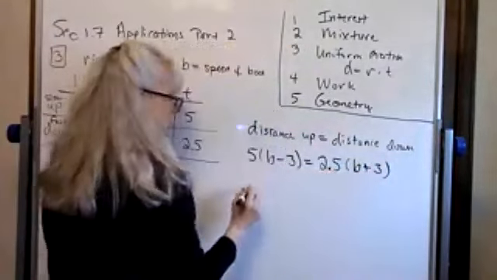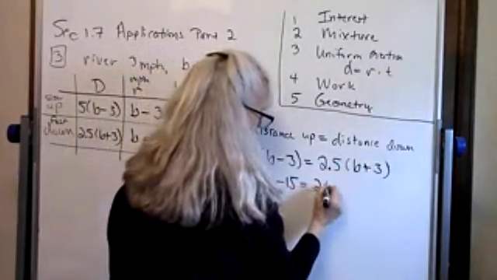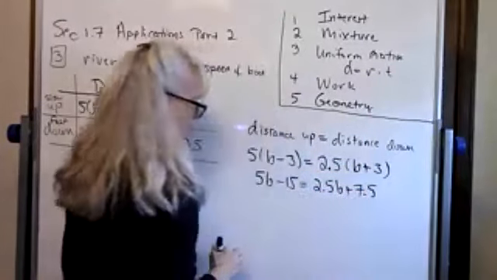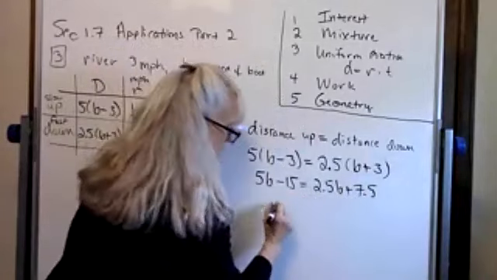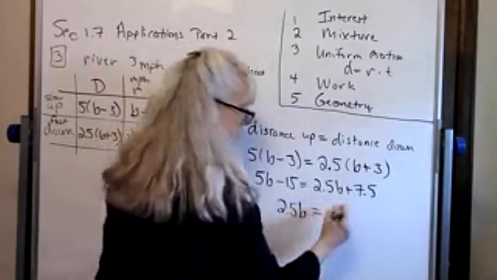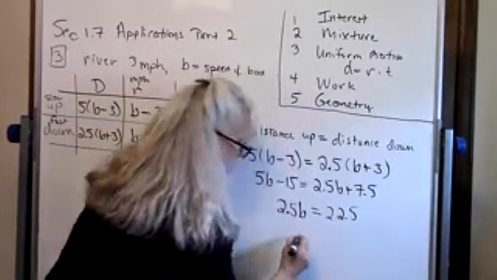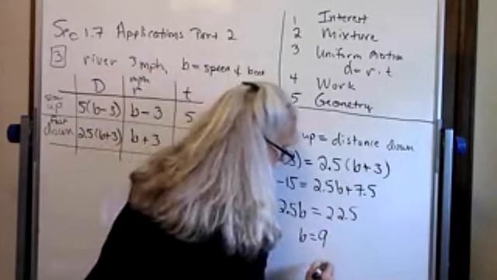Okay, let's distribute. So 5B minus 15 is equal to 2.5B plus 7.5. Moving all my B's to the left side, 2.5 subtracted from 5 is 2.5B. That means I need to move the 15 to the right side, which gives 22.5. And then we'll divide everything out. So 22.5 divided by 2.5 comes out to be